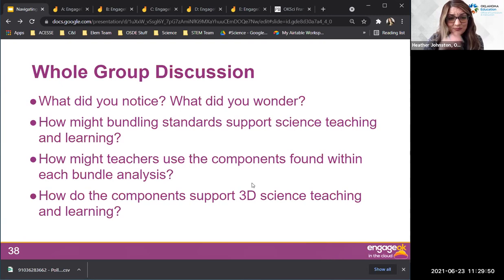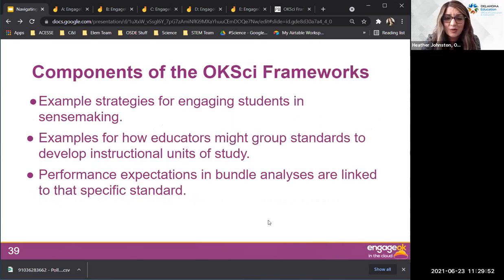Okay, so hopefully different things that you may have been able to highlight as you were going through was the new engagement strategies page where we linked ideas for supporting student sense making, supporting different types of learners. That's going to be expanded upon in phase 2 as well. We just wanted to get some introductory ideas into the frameworks for phase 1.